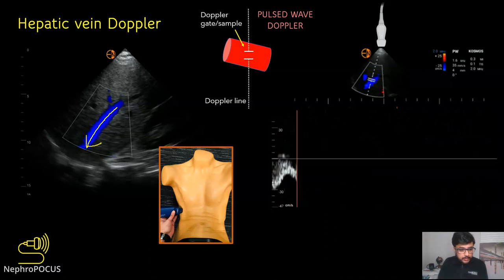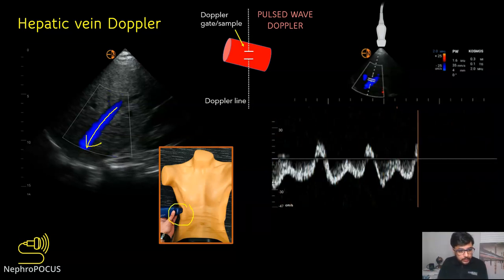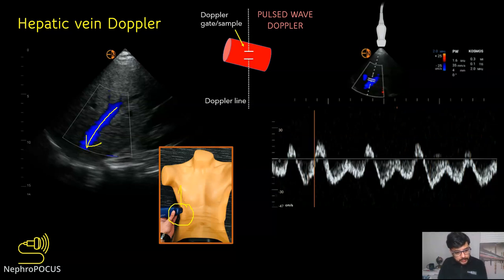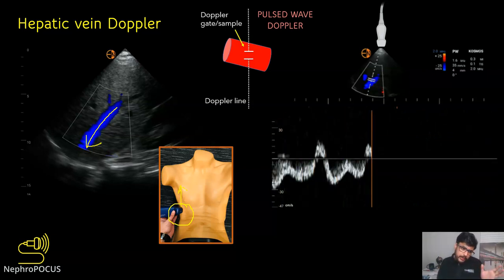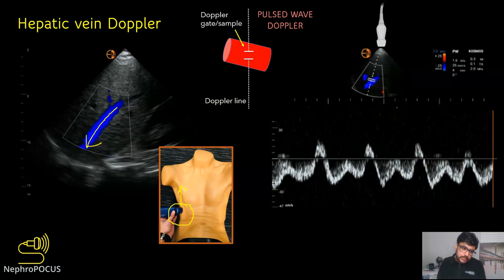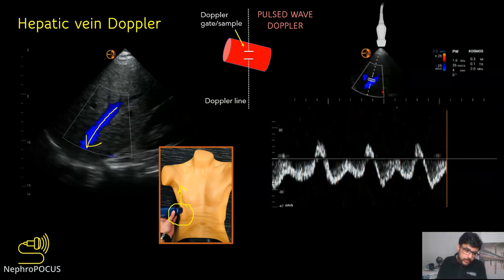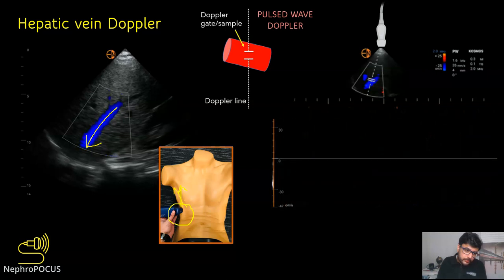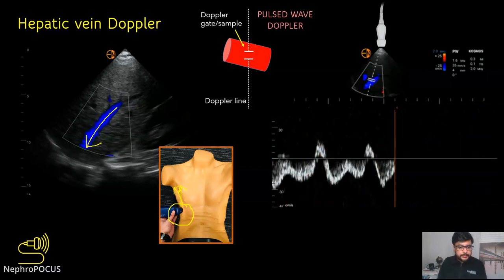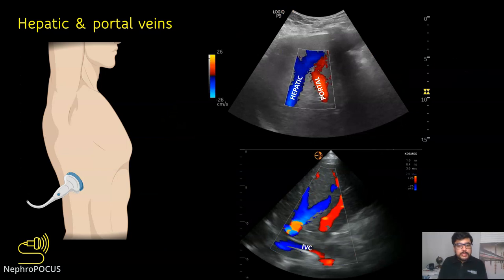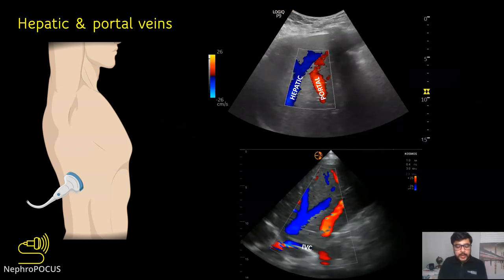And this is the probe position. Right upper quadrant with the probe orientation marker towards the patient's head. You rotate the probe slightly such that the orientation marker is facing slightly posterior. And with slight probe rotation anteriorly, most of the time you'll be able to find both hepatic and portal veins